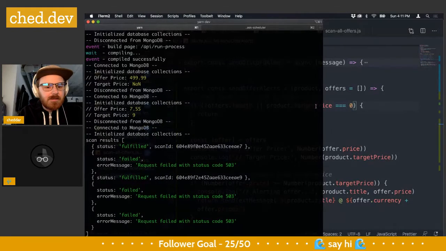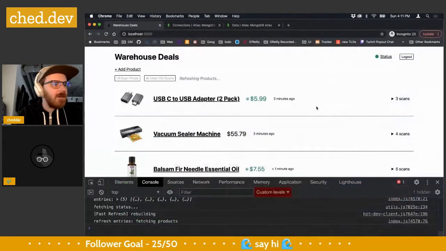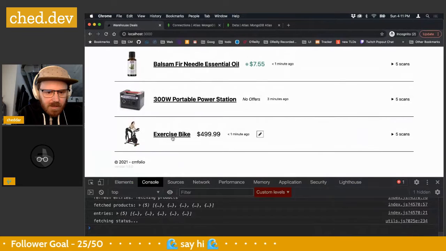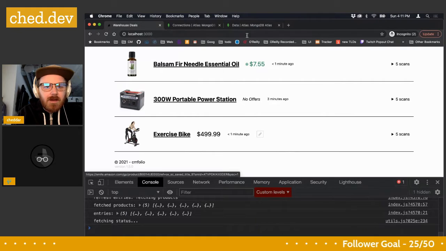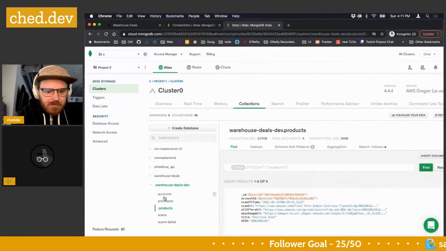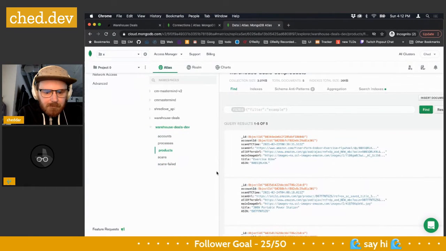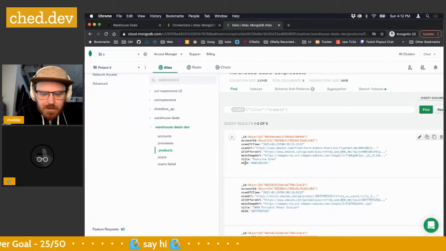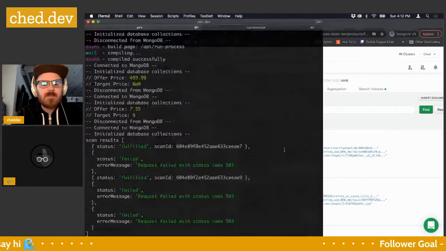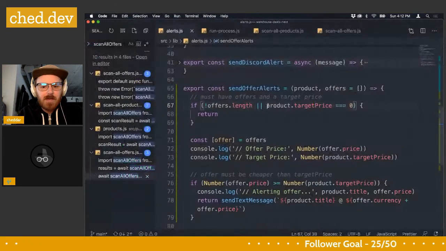What is that one? So the exercise bike is KL9. It does not have a price, which is correct. So I need to fix my code. I assume